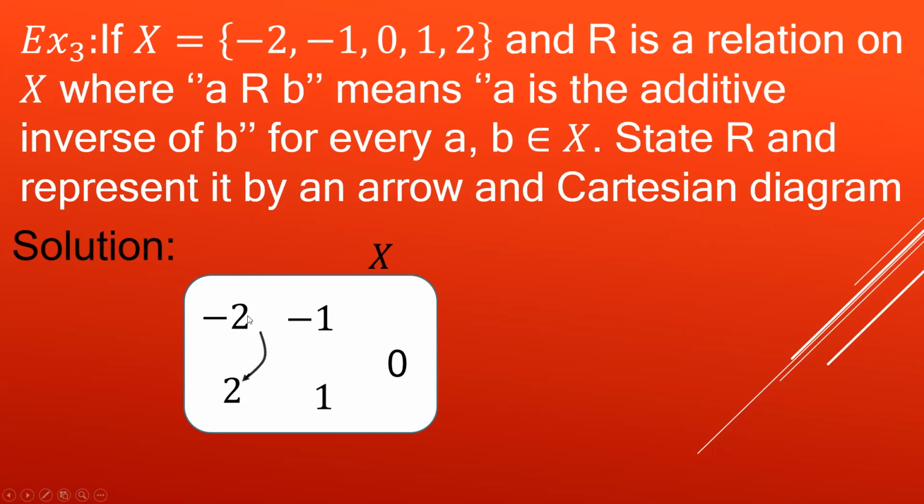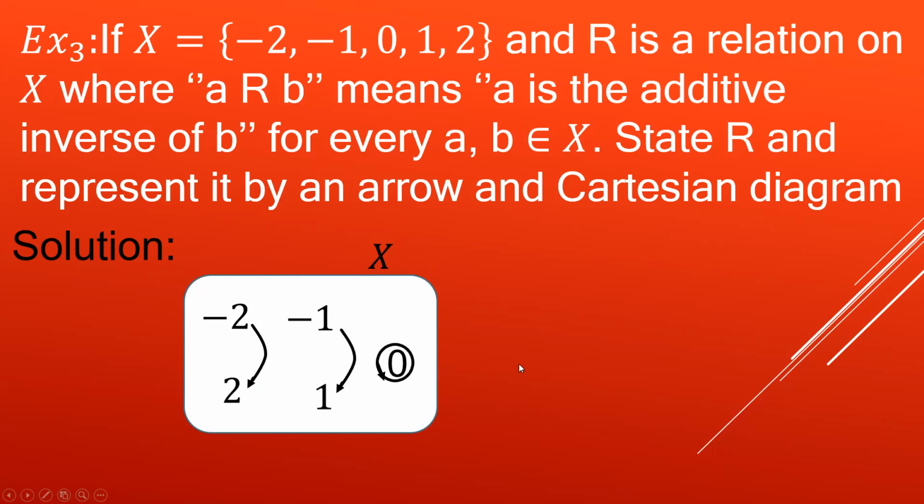And we know that -2 is the additive inverse of 2. So we need to draw an arrow from -2 to 2. And also -1 is the additive inverse of 1, so we need to draw an arrow from -1 to 1. And we know that 0 is the additive inverse of itself. 0, its additive inverse is also 0. So we can draw a loop. This is called a loop